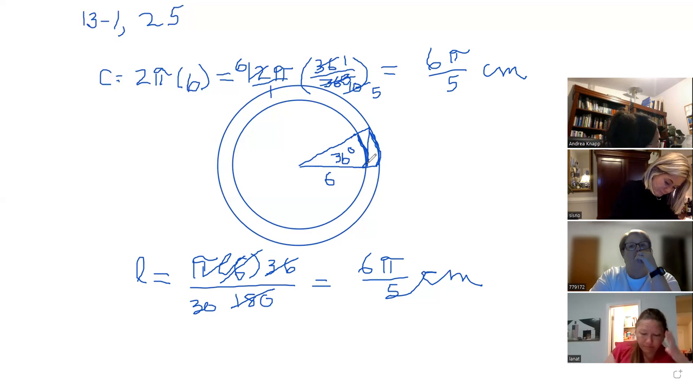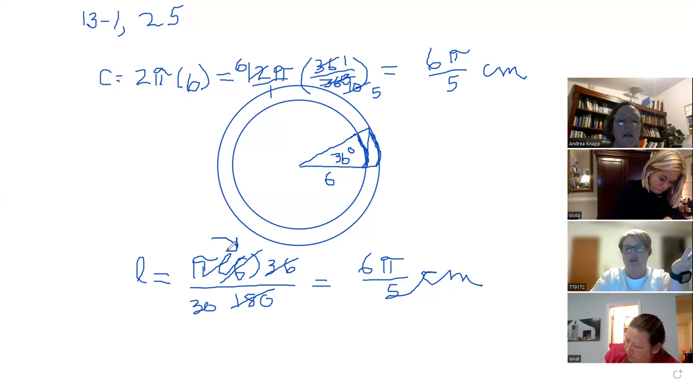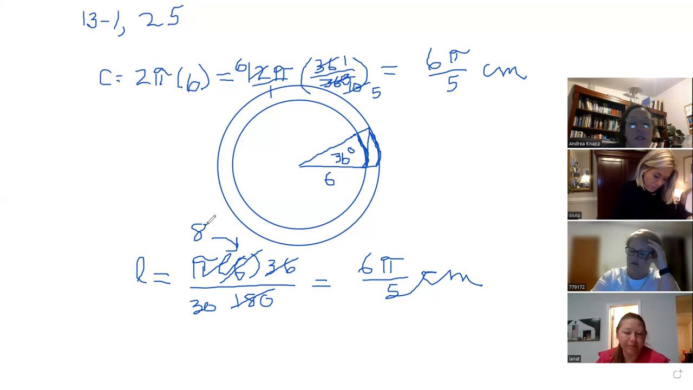And then part C, find the arc length when the radius is increased to 8 centimeters. So instead of 6, you work it out just like you did the first part, except you used 8 instead of a 6. So if we did that, if we canceled the 8 and the 180, 8 divided by 2